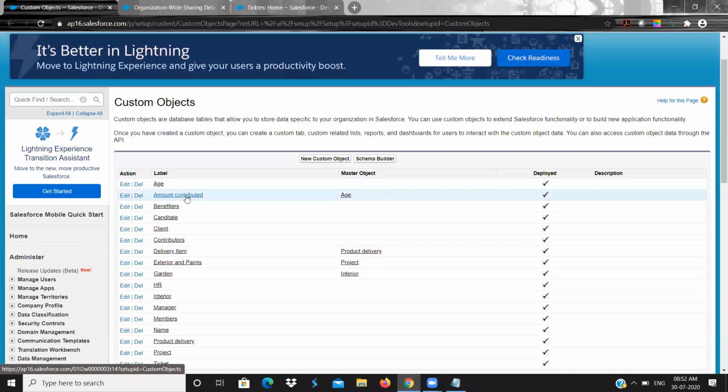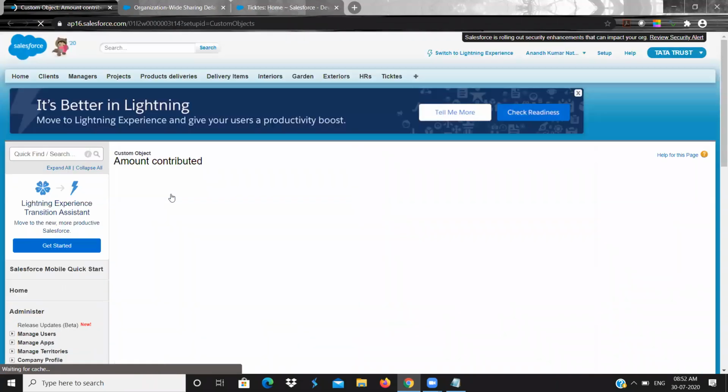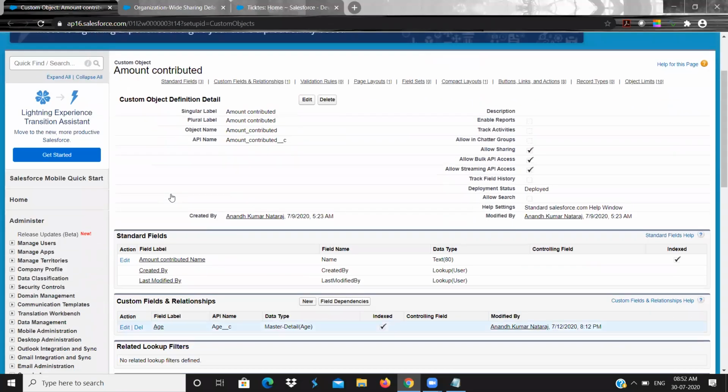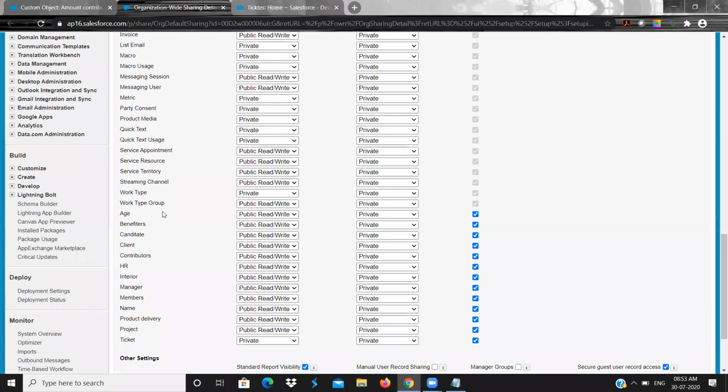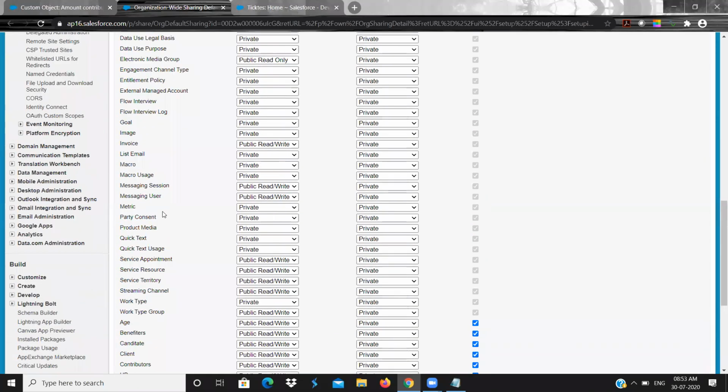So amount contributed: age is the parent and amount contributed is the child, which has a master detail relationship. Age is the parent object. Here, if you see amount contributed, where is that? Let me click on it.